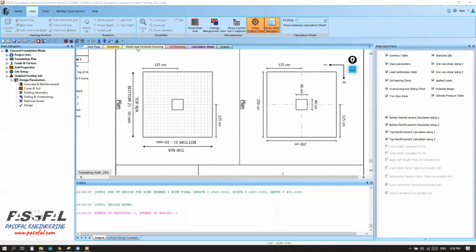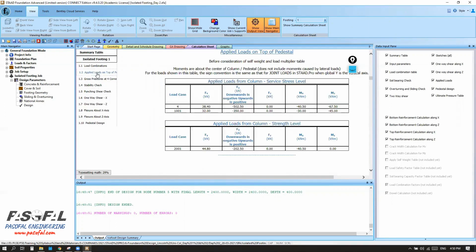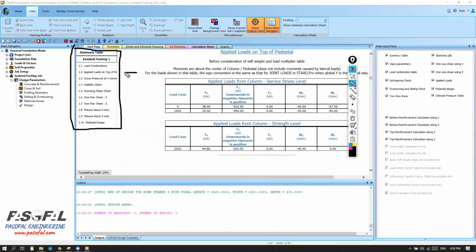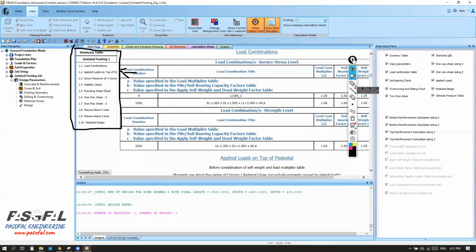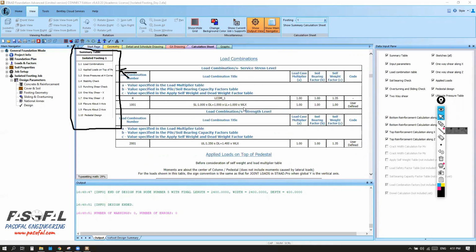Okay, if I go to detail and schedule, but before going to detail and schedule drawing, you can also review all these options that you have in this window. Okay, for example, here I can go to load combination. So here I can see the load combination. You can, let's say, minimize this window. So here I have load combination number 1, and also here I have the service load as well as